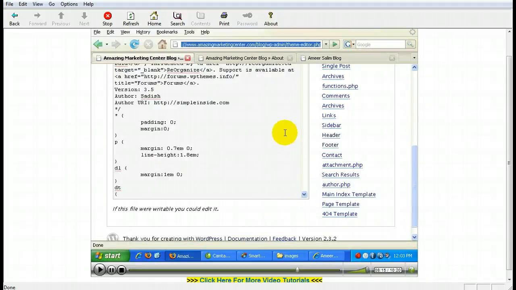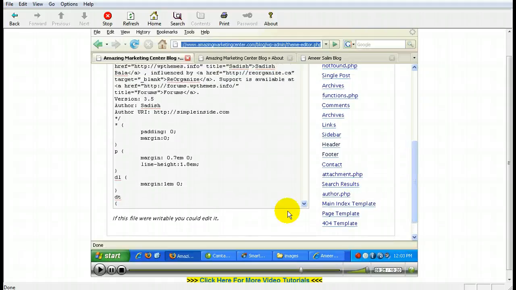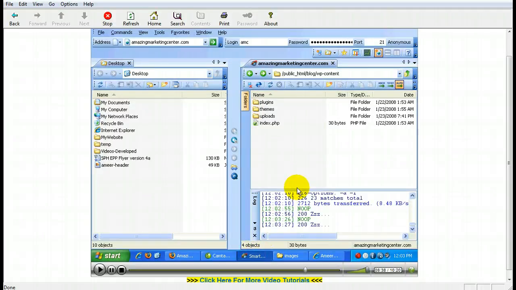And the reason is because the files over here have been configured to not allow people to write to them. That means the files are not writable, which is why it says over here if this file were writable, you could edit it. So in order for you to change these settings to make it writable, you'll have to change the permissions of the file. So for example,